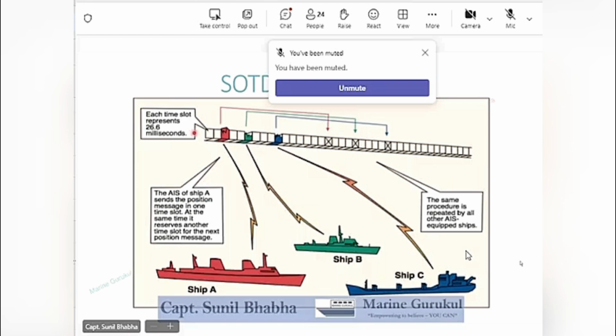But even then, the system is quite equipped to handle this much of traffic. So up to 2000 stations per minute is not a problem at all. Even if the number of stations try to increase, the AIS has further capabilities to handle that extra pressure also. So this is the SOTDMA principle.